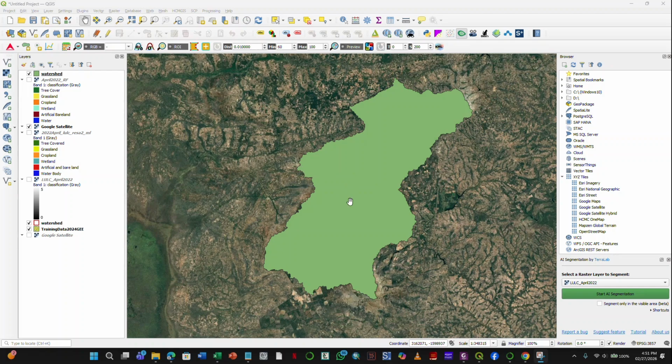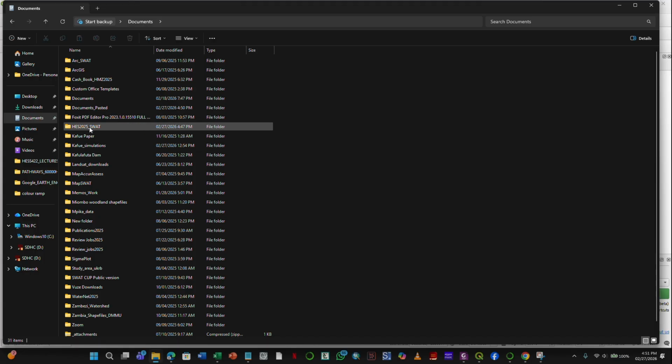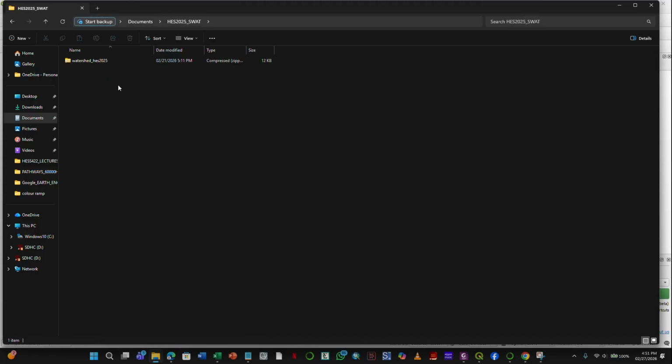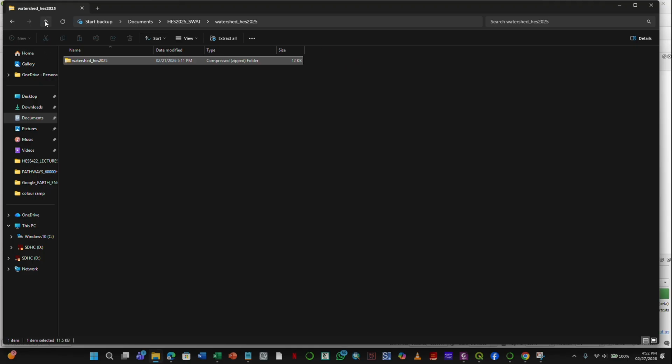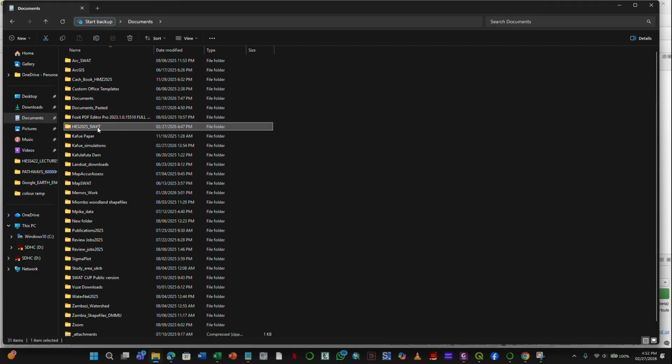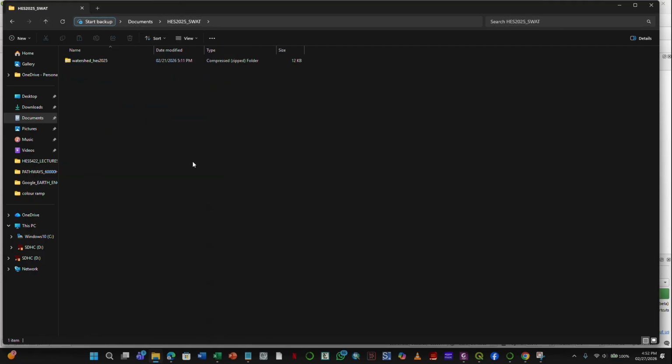Okay, so this is saved in our working folder. And so we go and check in our working folder. And it is saved, Watershed has 2025, and it is a zipped folder. Okay, we created a zipped folder, and it contains the shapefile files here, the individual files of the shapefile. Okay, and we are going to upload this into our